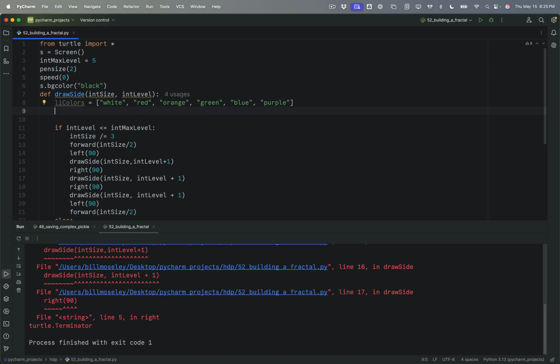And then we're going to change the color based on the level. So I'm going to say li colors, and inside that for the index I'm going to give it int level -1. So it'll start out with white at level 1, and then I'll go to red, orange, green, and so on. And so I'm going to do that. And then